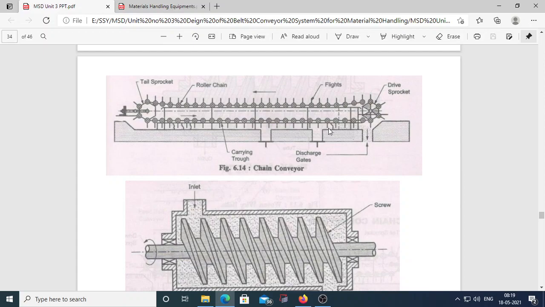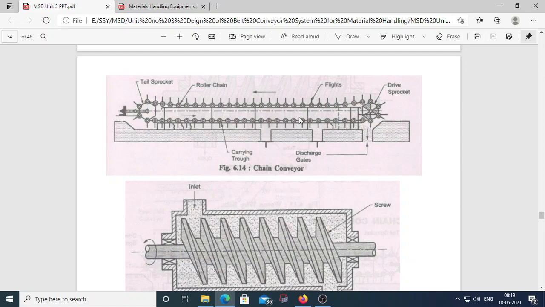When this chain conveyor is going in the forward direction, it is supported by the forward tracks, and when the belt is coming in the return direction, the strand of the chain is supported by the return tracks. Just as in the flat belt conveyor we use return idler and forward idler, same here we are using the chain track.